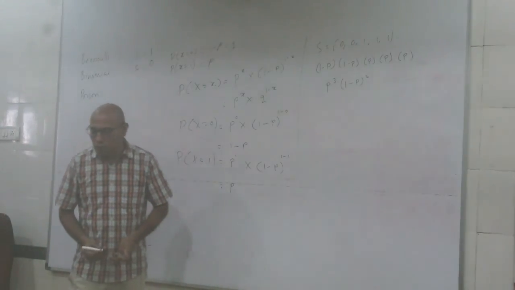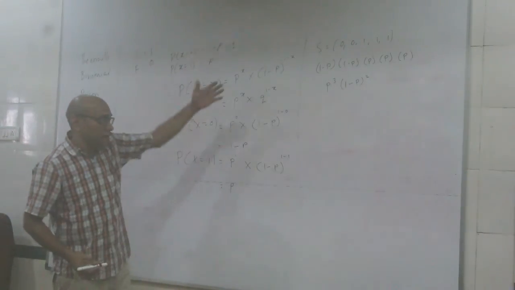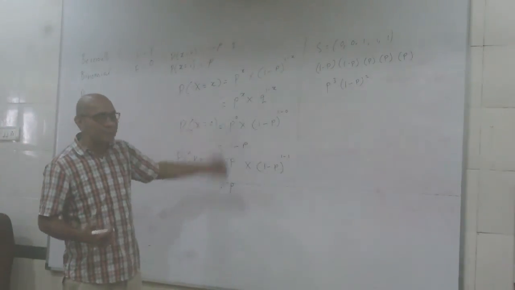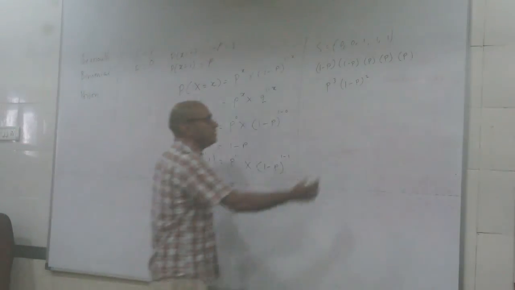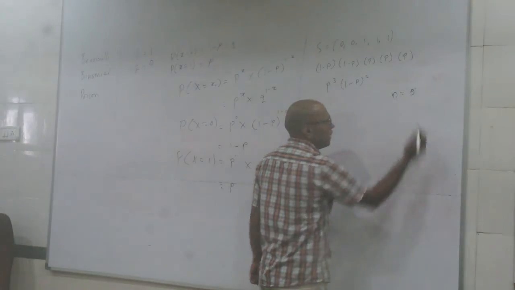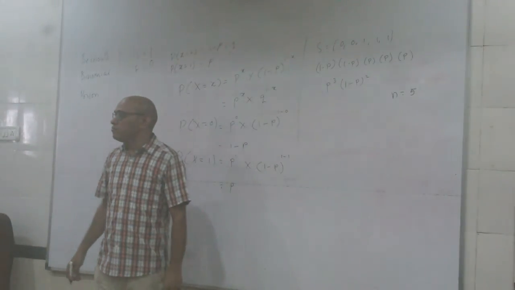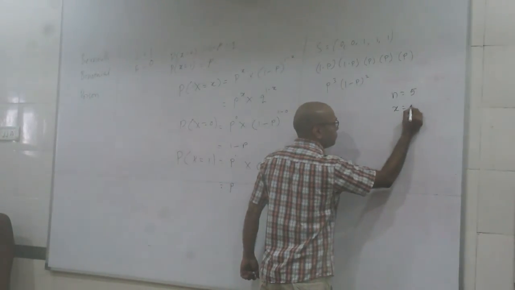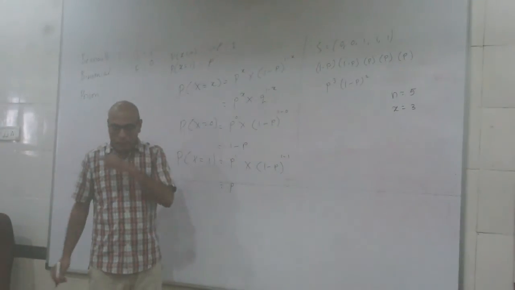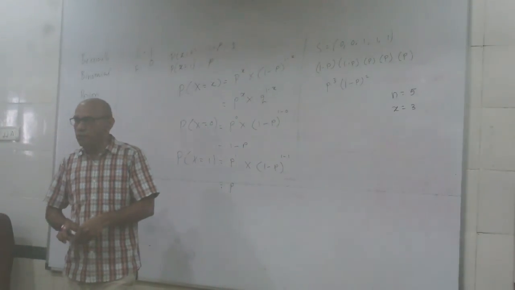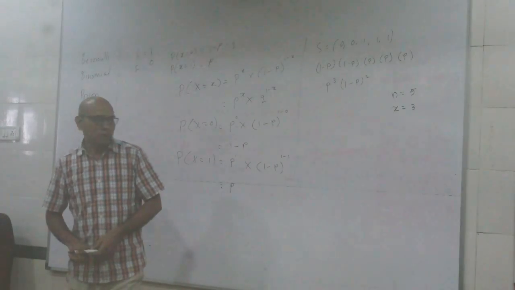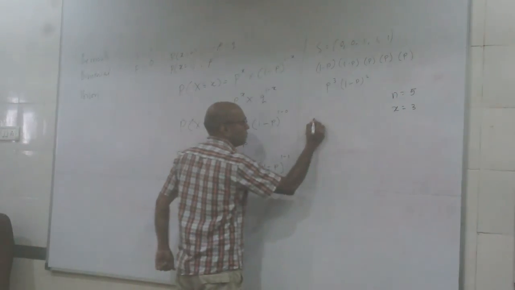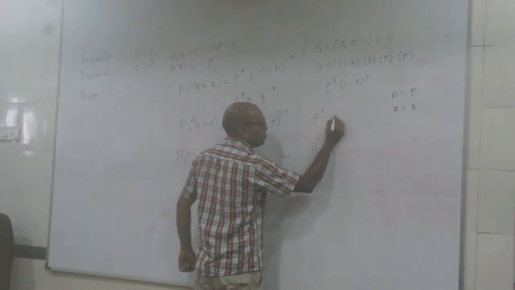Which is, if I have to now extend this example to some abstraction, then the total number of attempts is 5. So I say my n is equal to 5. How many successes am I interested in? 3. So x takes the value 3. So if I am interested in 3 successes out of 5 attempts for this particular outcome, then they would come by p raised to x into 1 minus